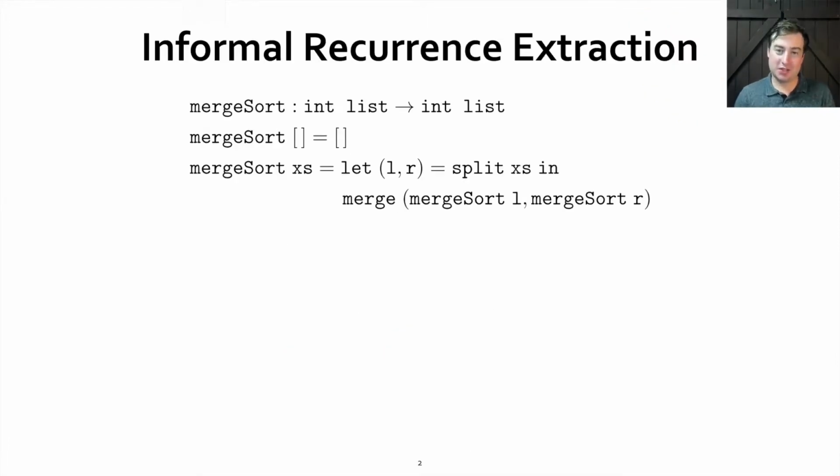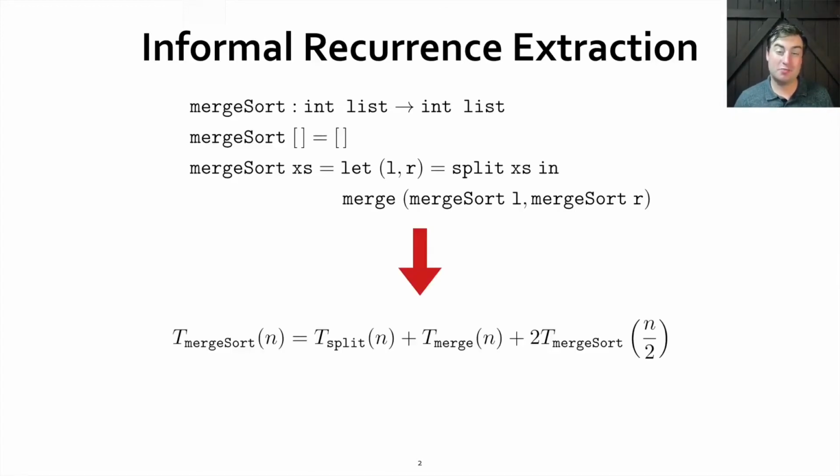So, if I handed you this code for merge sort and then asked you to write down a recurrence for its worst case execution cost, you'd probably end up writing down pretty much exactly this expression right here. But the thing you did in your head to get there is actually pretty subtle. It required knowing things about the sizes of results of functions, like the fact that split splits a list in half, and abstracting lists down to just their lengths.